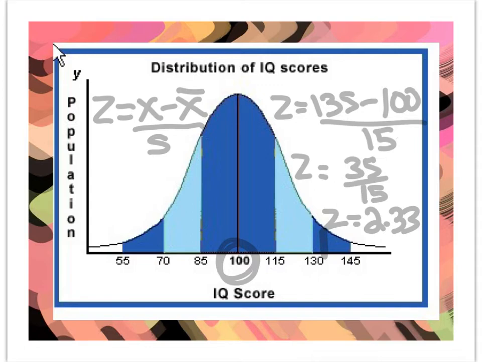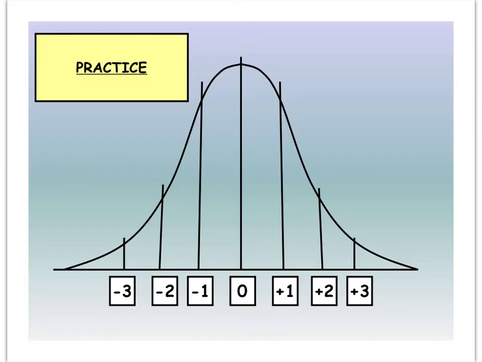And we really just need to understand this from a conceptual perspective. When it comes to practicing, part of it's going to be just plugging in z-scores and seeing where you fall. But some of it is also calculating the area under the curve when it's not at the 68, 95, 99. So for example, if I were to take a z-score of +2 and a z-score of -3, and I wanted to calculate